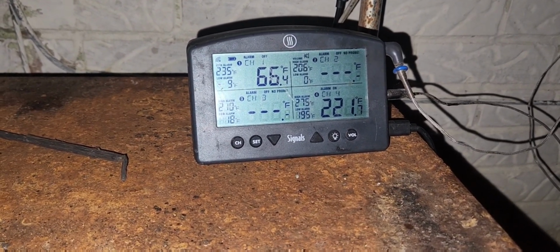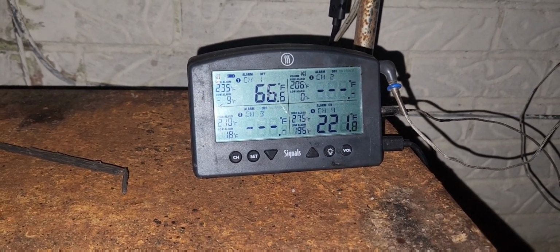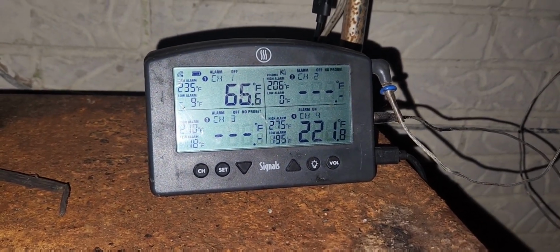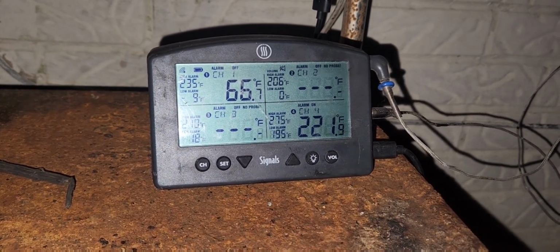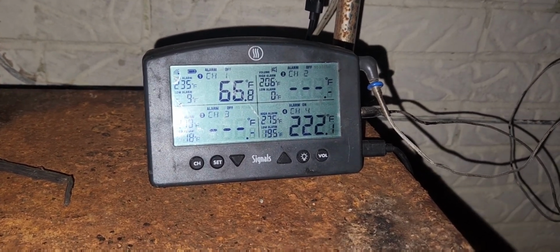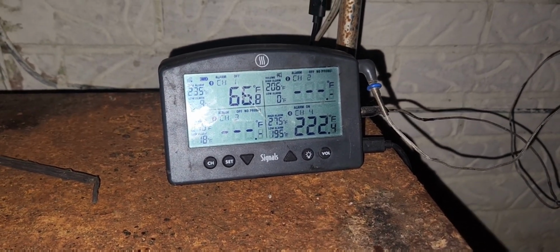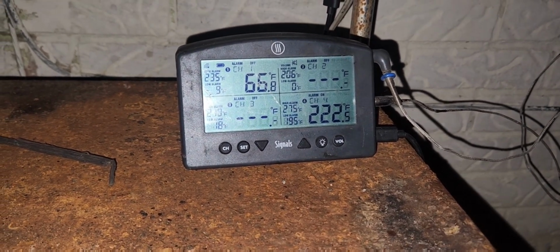So it's been about another 25 minutes, so I'd say about 35 minutes since I dumped the coals, and we're getting close to 225, so we're getting close enough to where I'm going to go ahead and turn the fan on, and then close off the bottom vents pretty low, and then cut back the top vent a little bit too. So I'm going to get the fan going and let it bring us up that last